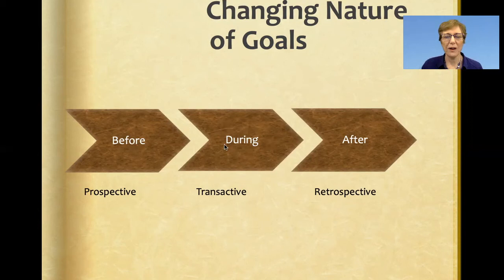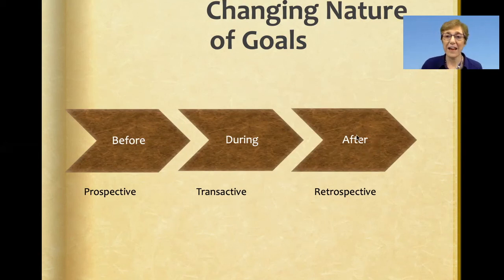Then when you actually are having the conflict, you have what's called the transactive goals. This is what you actually articulate, and they can change from the before to the during. They can change because you're getting more information as you have that conversation. So having some flexibility can be a really good thing, because if you learn things that you didn't realize, you might find alternative solutions or better solutions, or maybe just shift the solutions a little bit, like keep the ones you had in mind, but alter them a little bit. Because if you want to have a collaborative solution, you want both parties to feel satisfied by the end.